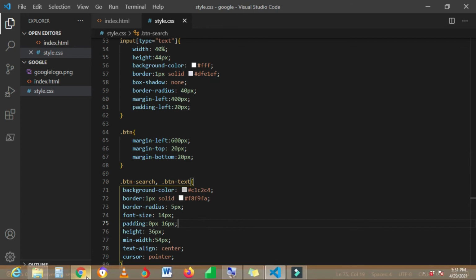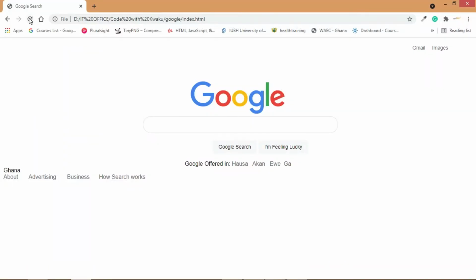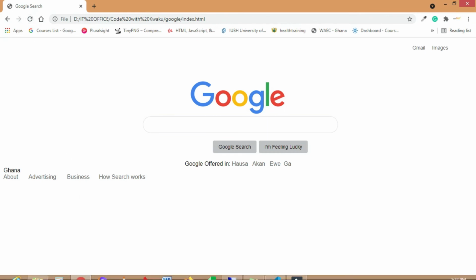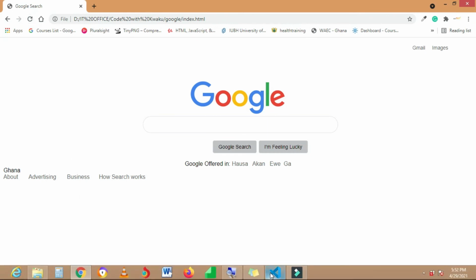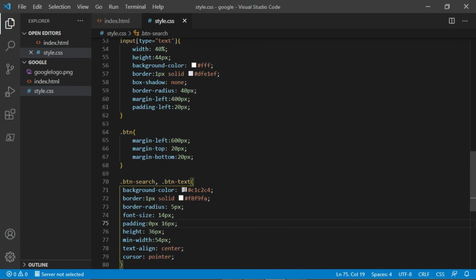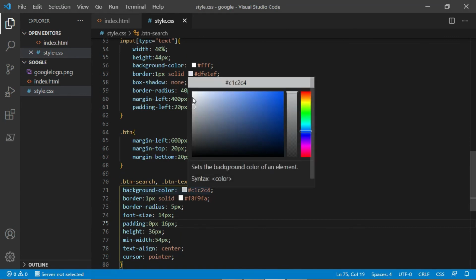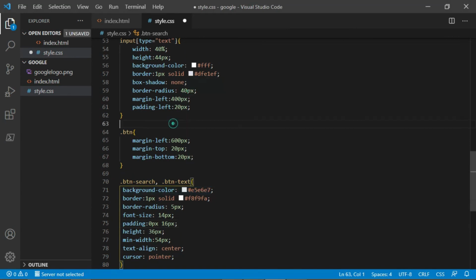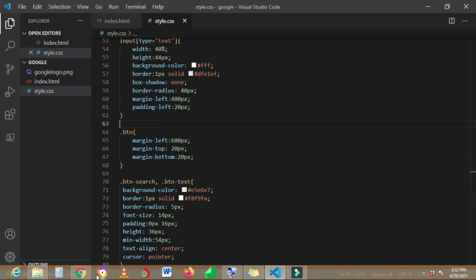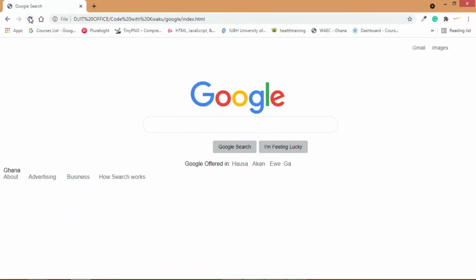Okay, because it's not that visible. Right, no, this is too, it's supposed to be a bit light, so I think here will do. Okay, so this is okay,